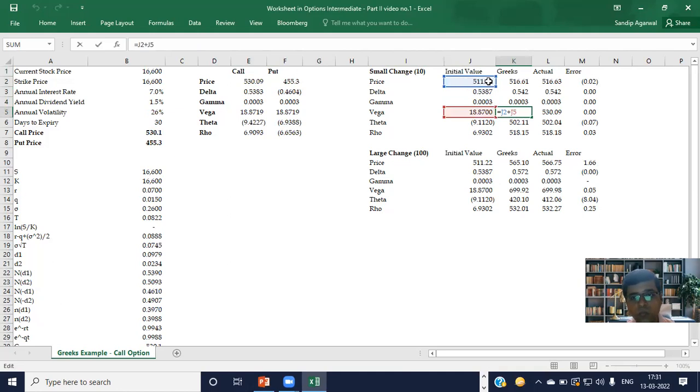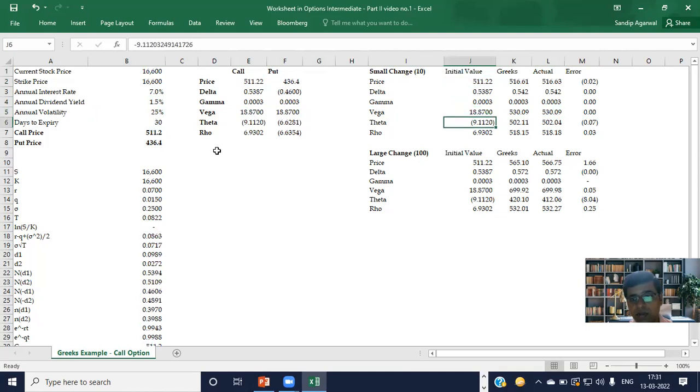The original price of the option plus the change in the price of an option on account of a change in a single percentage in the Vega. So you can see 530. So this is the manual calculation. Now this is the value derived from the Black-Scholes model. You can see over here also the value is almost similar to the manual derived value and the value which is derived from the Black-Scholes model. Now we again restore this value back to 25%.